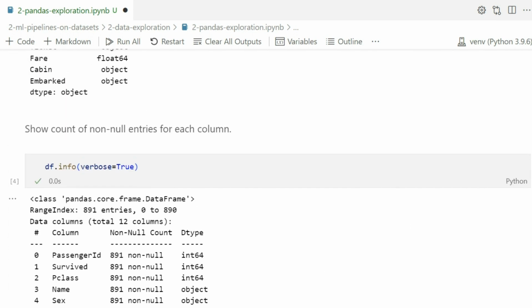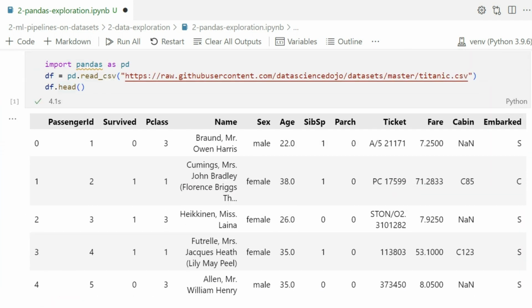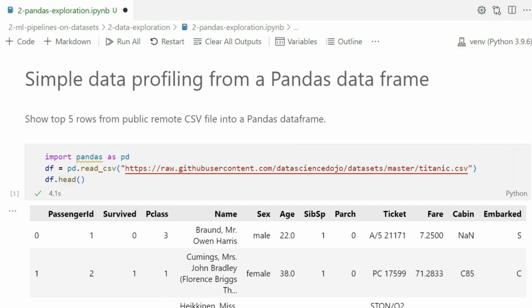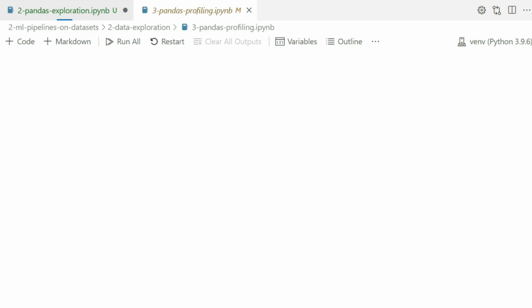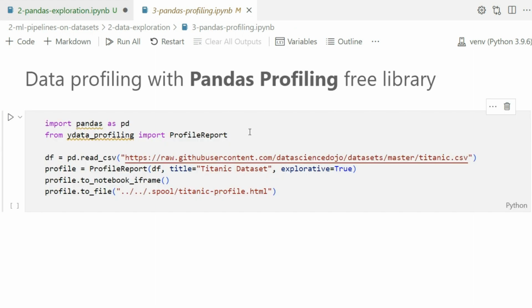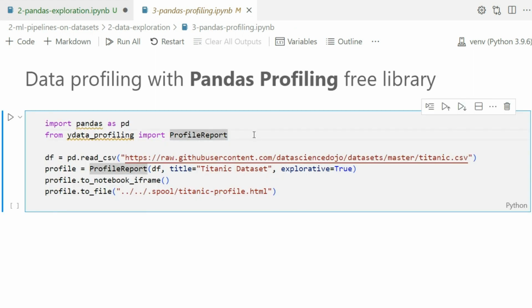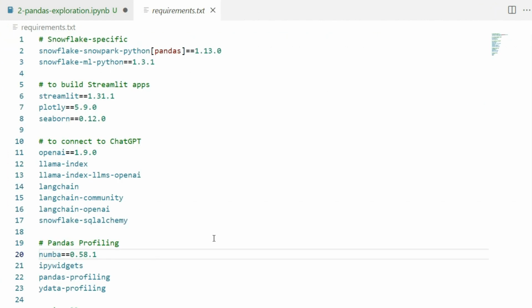That's one way to do it. But look, I'll show you now something that I frequently use. It is very practical when you have a data set that you don't know much about, and you want as much information as you can get at once. Right here, I will upload the same Titanic. Let me open our main requirements text file.